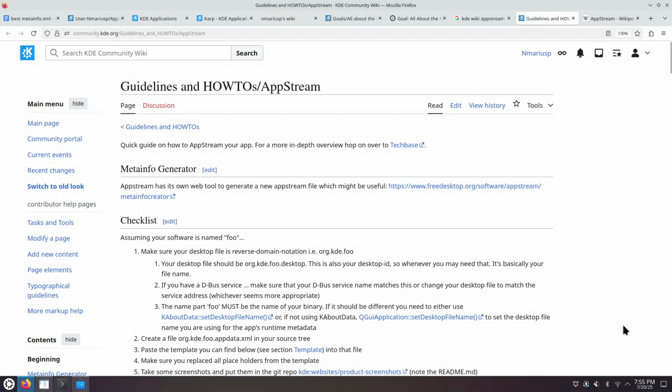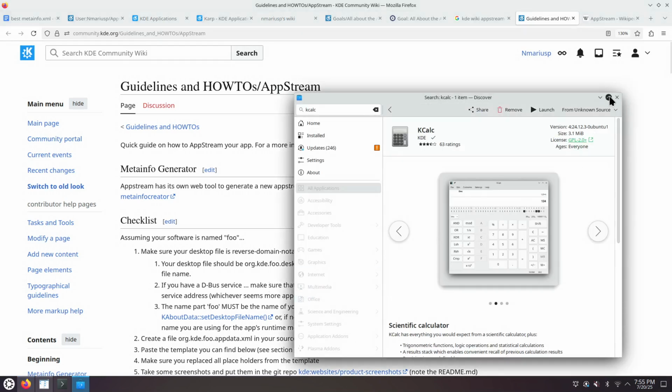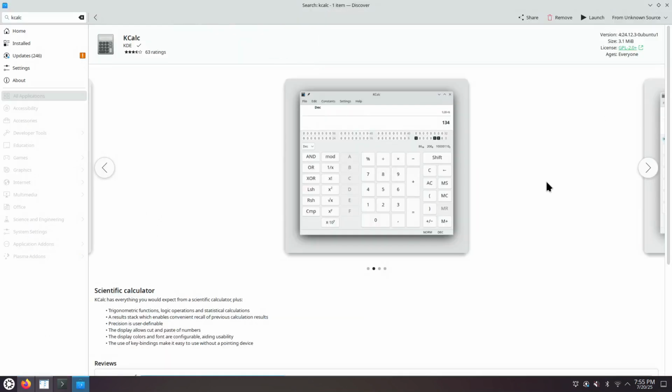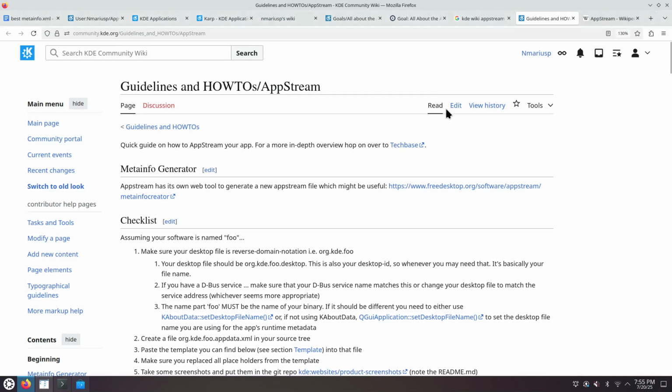Hello, this is how the KDE community uses the upstream standard and the file format, and how you can improve the upstream files such that the KDE software is presented as well as possible in the various application stores such as KDE Discover, the App Store application from KDE, GNOME Software, the App Store from the GNOME community, but also additional